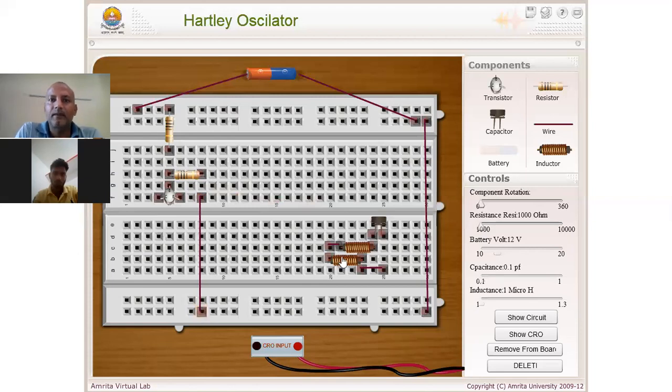Now between R2 and R1 we have to connect a capacitance to feed back the output. So between R1 and R2 connect a capacitance.